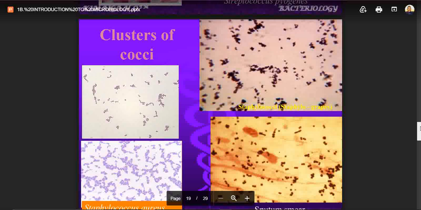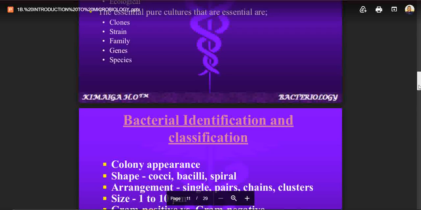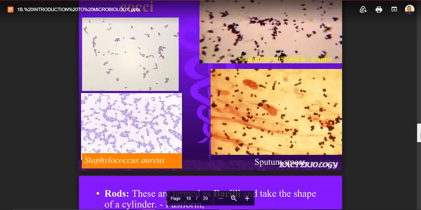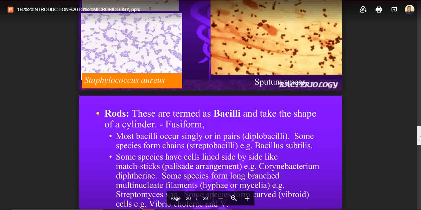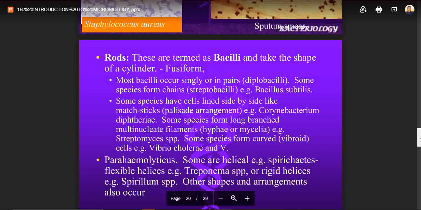The images there are now of the clusters of cocci, staphylococci, how they look when you view them using an electron microscope or light microscope. So we have other categories that are rods. They are termed bacilli, and they take the shape of a cylinder, fusiform-like. So most bacilli,